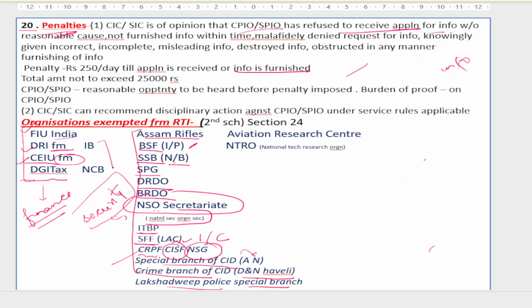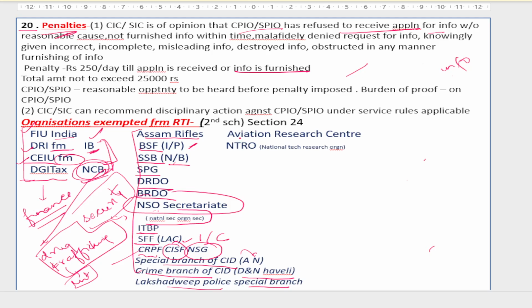Then these two organizations we see, the Intelligence Bureau and the Narcotics Control Bureau. The Intelligence Bureau is related to intelligence, we know, and the Narcotics Control Bureau is related to drug trafficking. It works to stop crimes like drug trafficking and catch the offenders. So we can say that it is intelligence related to drugs. In this way we can memorize these two organizations, the IB and the Narcotics Control Bureau. The function of the Narcotics Control Bureau is to combat drug trafficking and to catch the offenders who are related to drug trafficking.